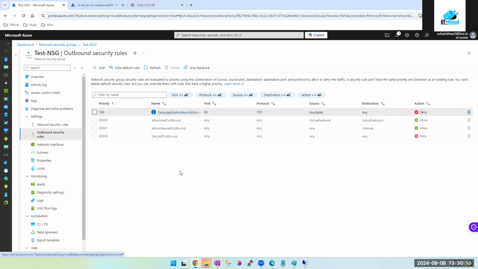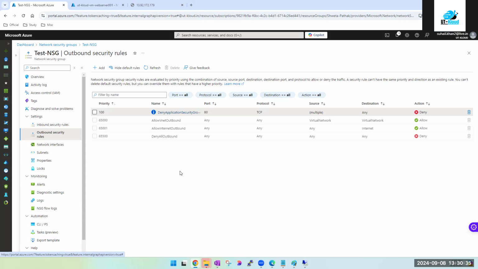Assigning a network security group using PowerShell is also allowed. It is possible. But why would I do that when I already have something built that is running very smoothly? All the rules, everything: these 250 rules are common across all 500 machines, only one rule changes, the one for web access. So instead of creating another network security group and assigning it using PowerShell, I will simply create an application security group.